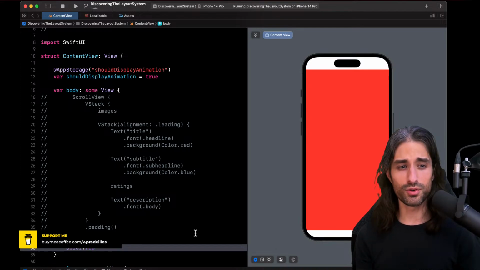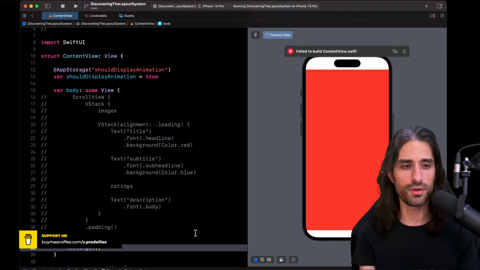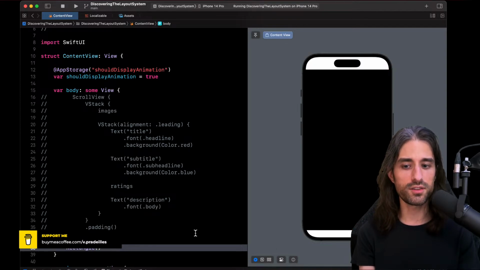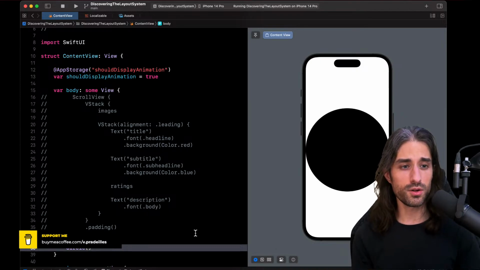It makes sense because a color doesn't really have an intrinsic size of its own, not like a text, because with a text, when you have the string and you have the font, you know how much space it takes to display it. It's not the case with a color, and so a color will take all the space available to it. It's the same for a shape. We haven't seen shapes for now, but if I create a rectangle, no, it's better if I do a circle. If I create a circle, it will take all the space available to it also. And this is quite logical when you think about it.